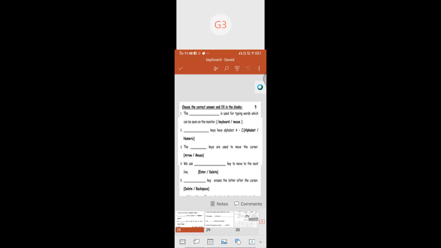Okay, Pratiksha. The fourth one: we use the blank key to move to the next line. If you want to move to the next line to type, which key is used? Pratiksha, so what is the answer?